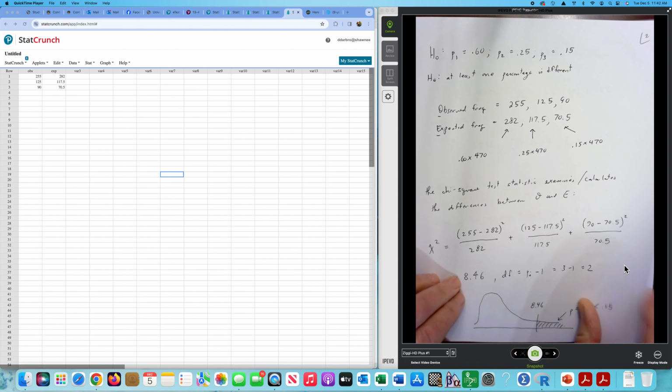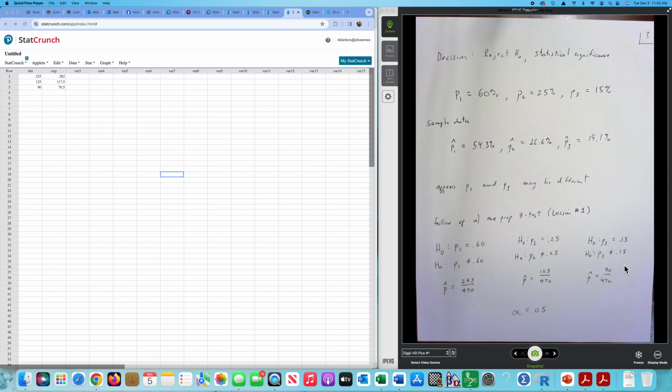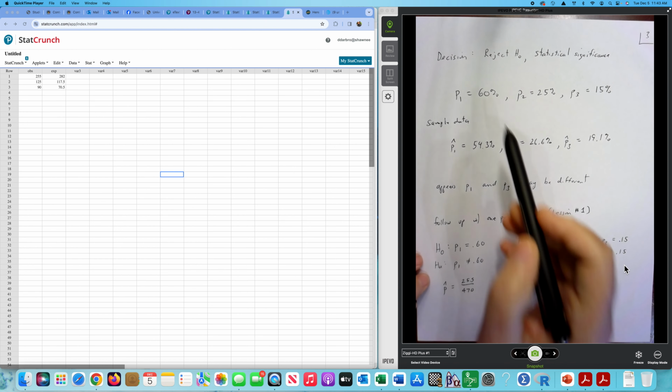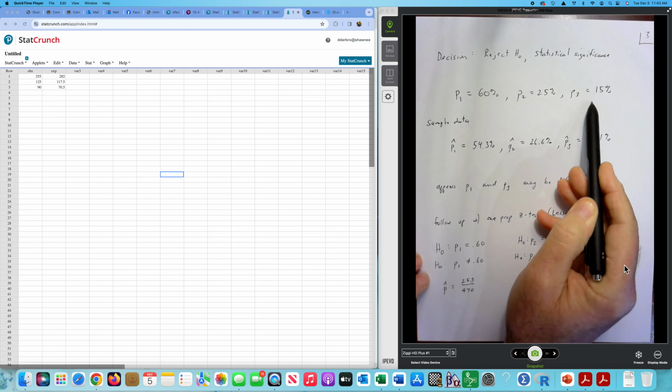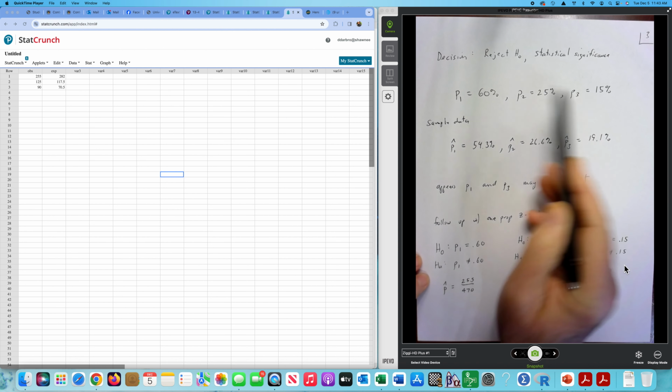But again, we're going to learn how to do the calculations in R and StatCrunch. So our decision based on the calculations before would be to reject H sub 0, so we have statistical significance. So we are concluding that either this one and/or this one and/or this one are different for our